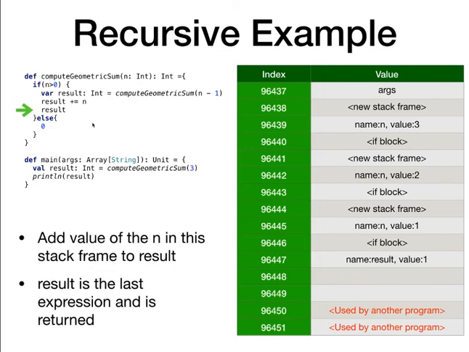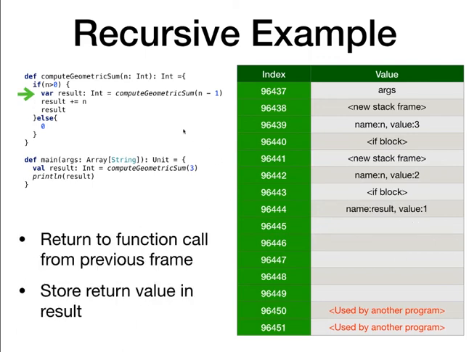So now we're going to run through our code. We'll add n to result. We added 1 plus 0, nothing interesting. And then we're going to return result. This is the last line of our code. There's nothing after this if statement. So we're returning result, which is 1, and destroying that stack frame. Now when we destroy that stack frame,